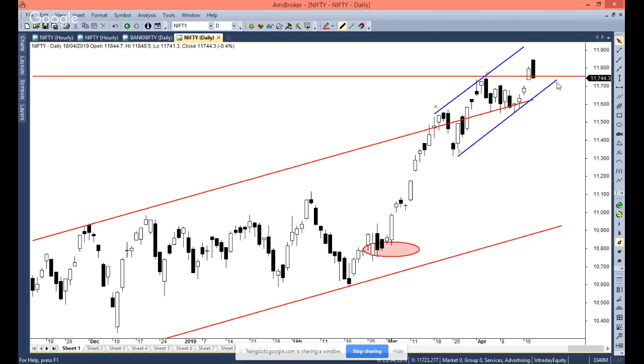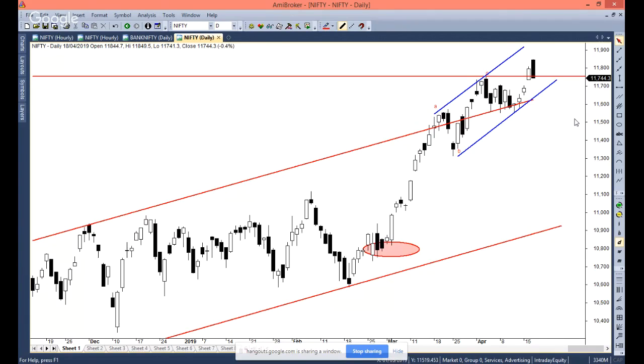Buy on dips is the market which I have been mentioning in my daily research report, in the monthly research, and also in the multi-bagger research which we keep publishing. Buy on dips is the market that you have to follow, because if you want to make money in the ongoing uptrend, you have to be buying it near the lows with a very important stop loss, and then probably in case it reverses on the upside, you are able to get some cream out of it. At the same time, you need to use a strict stop loss, because you are trying to anticipate a positive trend when it is falling, as a buy on dip strategy.